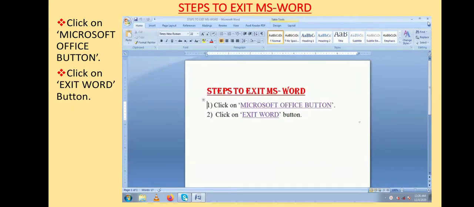Steps to exit MS Word. It is very simple. If your work is over, then you can follow these steps to exit a Word file.